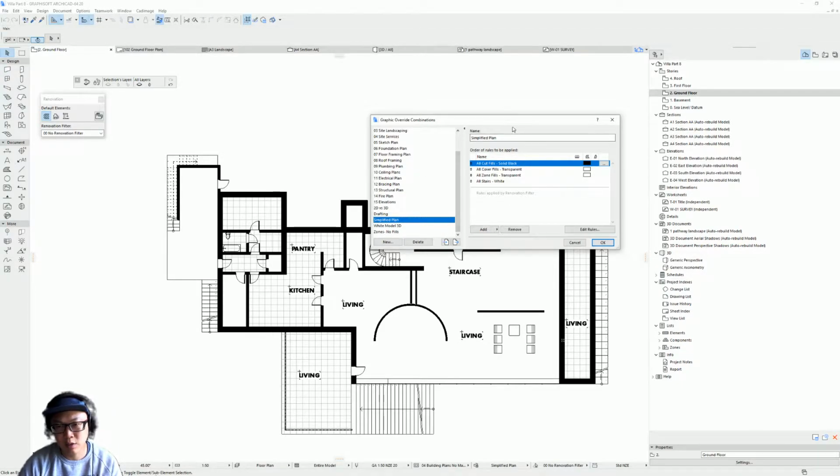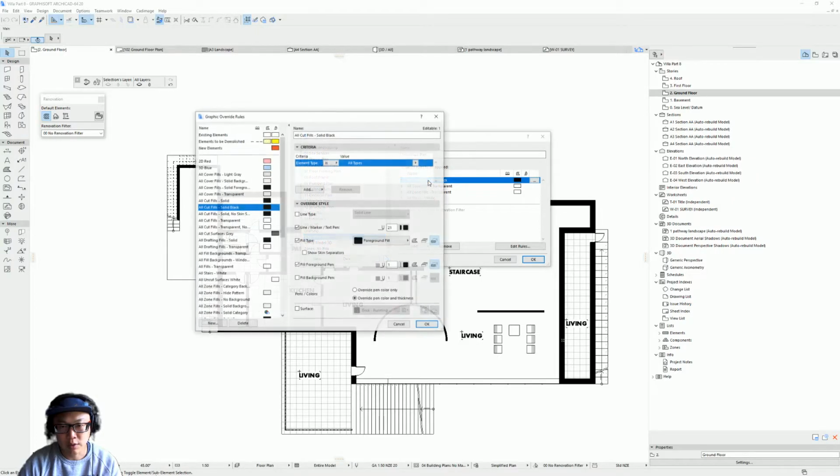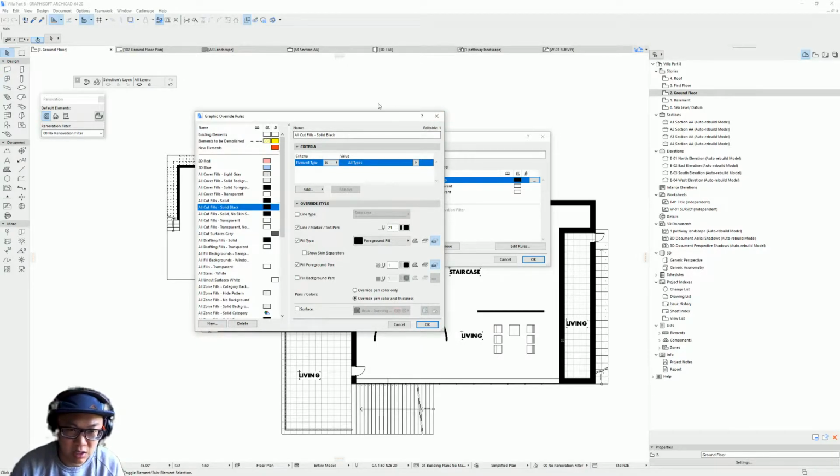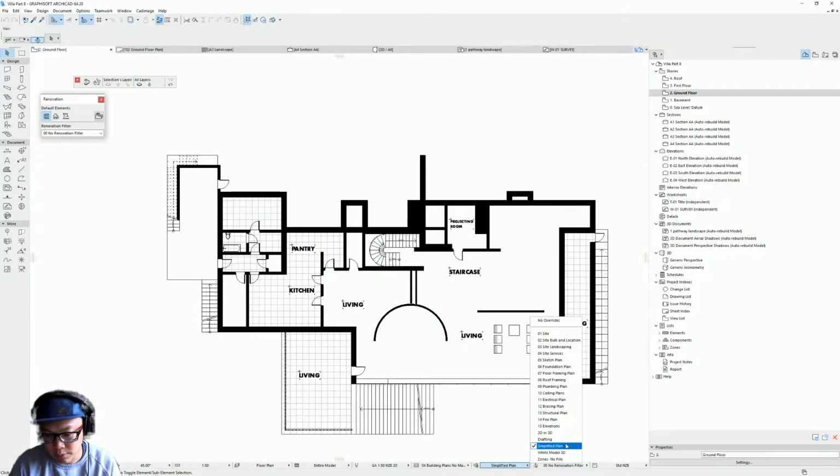It's kind of similar to the layer combination, where you have the combination here, and here you input the rules. If you click on this, you can see all the settings, but I'm not going to talk about this in this video, because it takes quite a while to go through all the options. But you can just use the ready-made one by ARCHICAD, simplified floor plans,